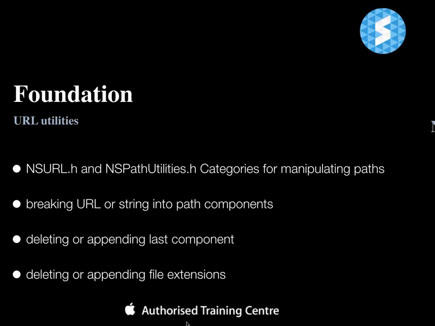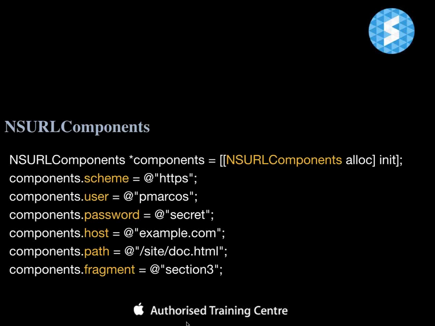But now you don't have to do that. You have to just use your NSURLComponents class. So once you initialize the components class, you have a couple of properties like scheme, user, password, host, path, and fragment. The only thing that you need to do is just initialize them. Once you do that, you can actually query them for your URL, or another good thing is you can also modify them. So this NSURLComponents is especially used for building a URL from scratch as well as modifying